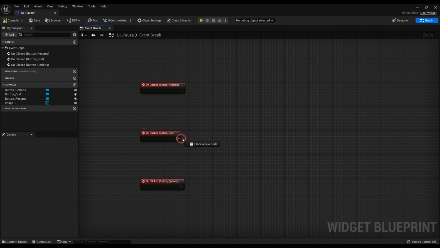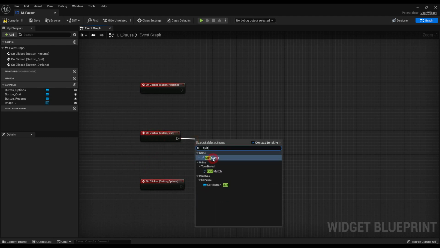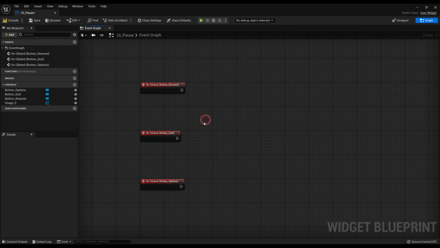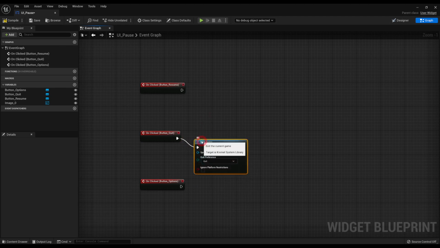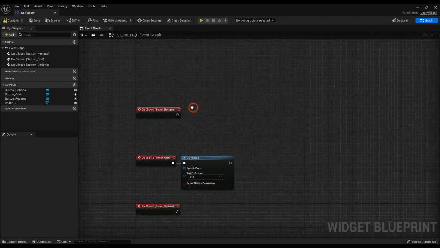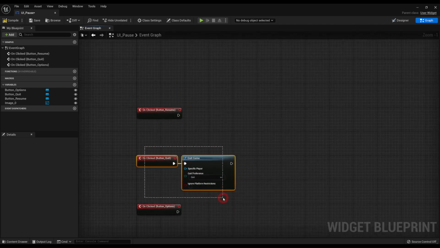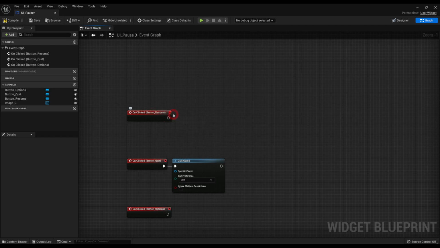But if we do button quit, so if we're wanting a quit button, all we need to do is search quit. So I drag off the execute, do quit game, and then that will literally just quit the game. I believe this only works if you're doing it in a standalone launcher of the game rather than just in the editor. But then resume, we're going to take